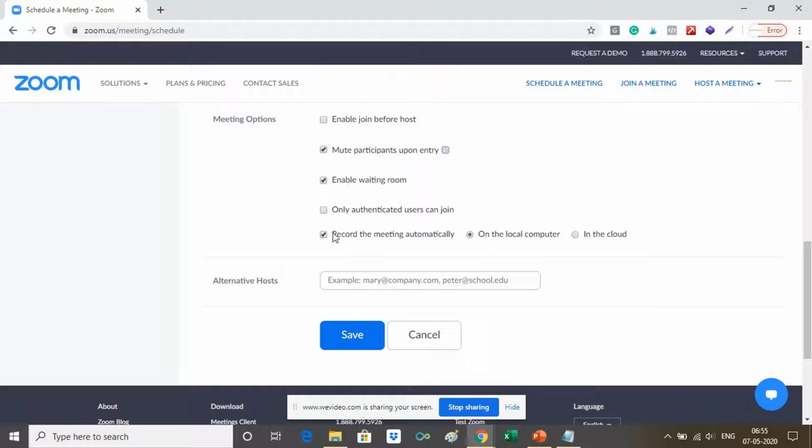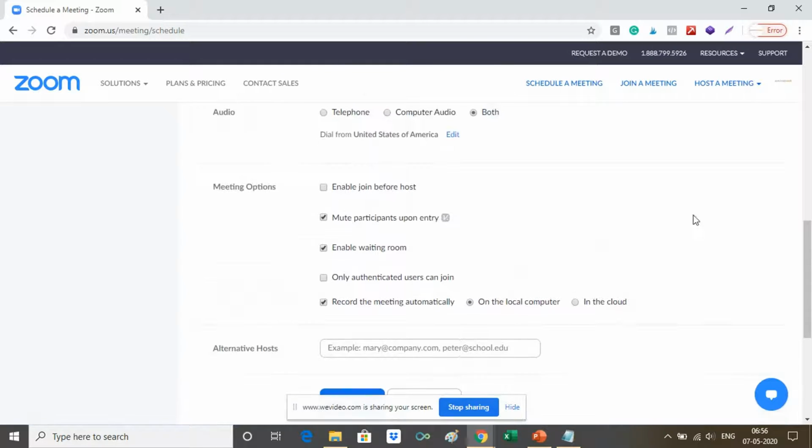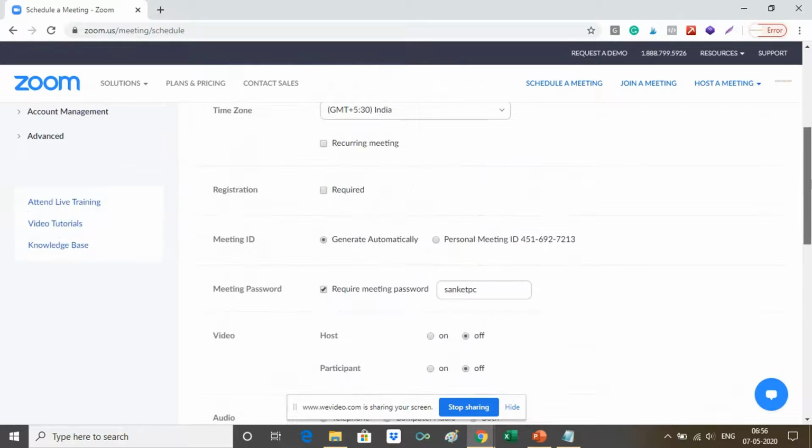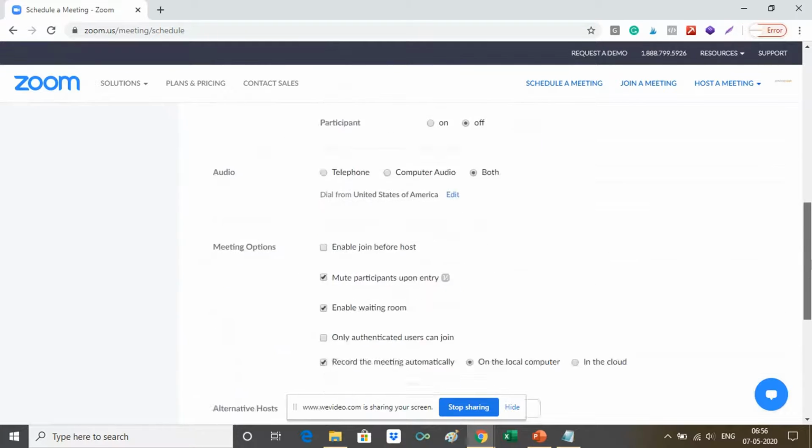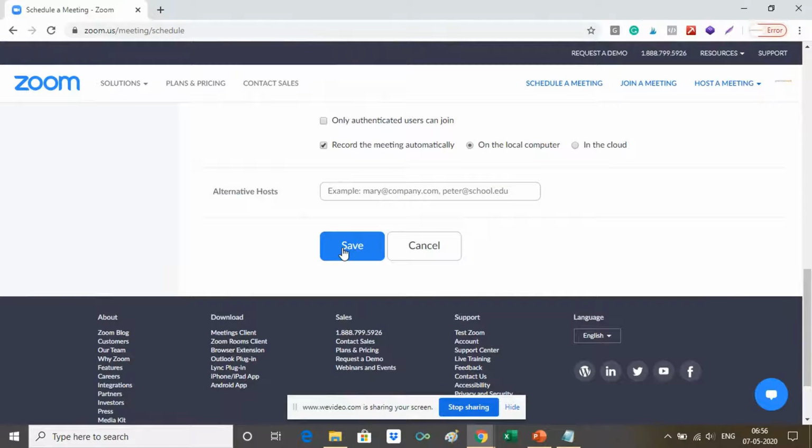So if you are recording the meetings, just ensure you click on local computer. Ignore this. And now that we have already set up all these things, let me just click on save.